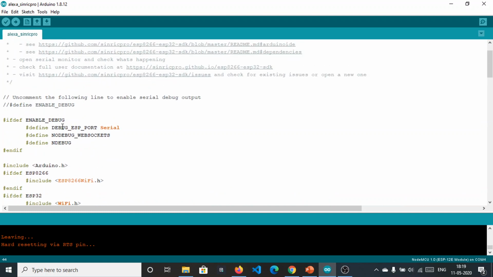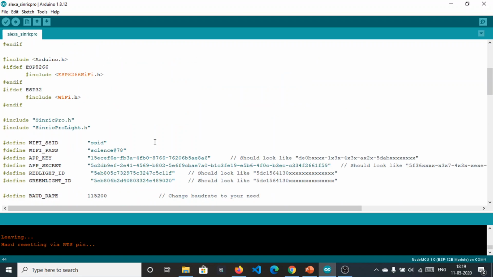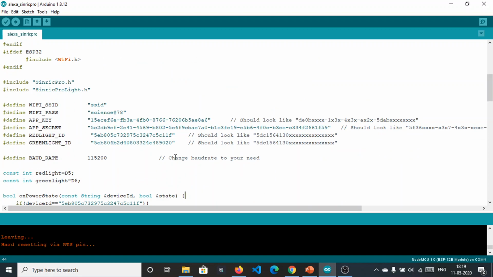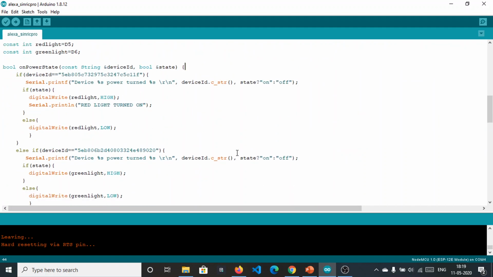You can see nodebug underscore WebSocket, because I don't think they are using some other protocol. So when the red light is turned on, the digital red pin will be high. Else, if the state is false, it will be low.